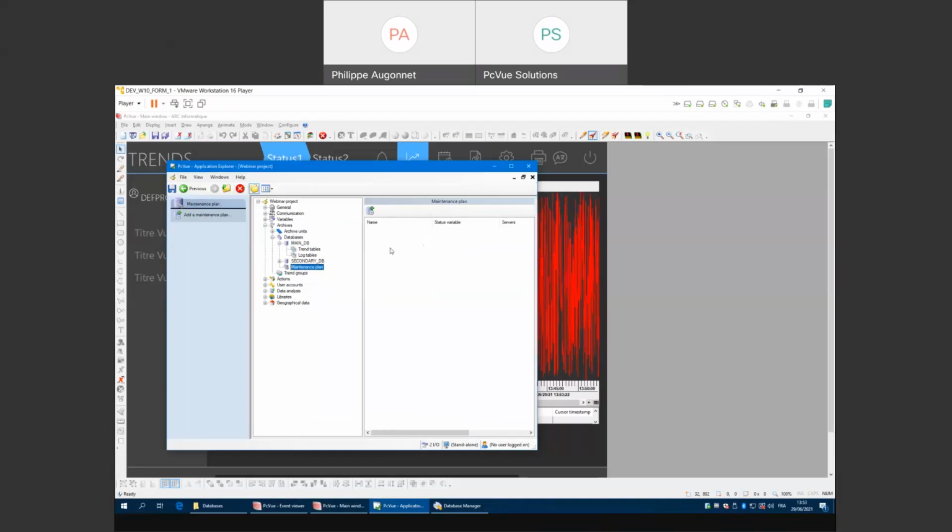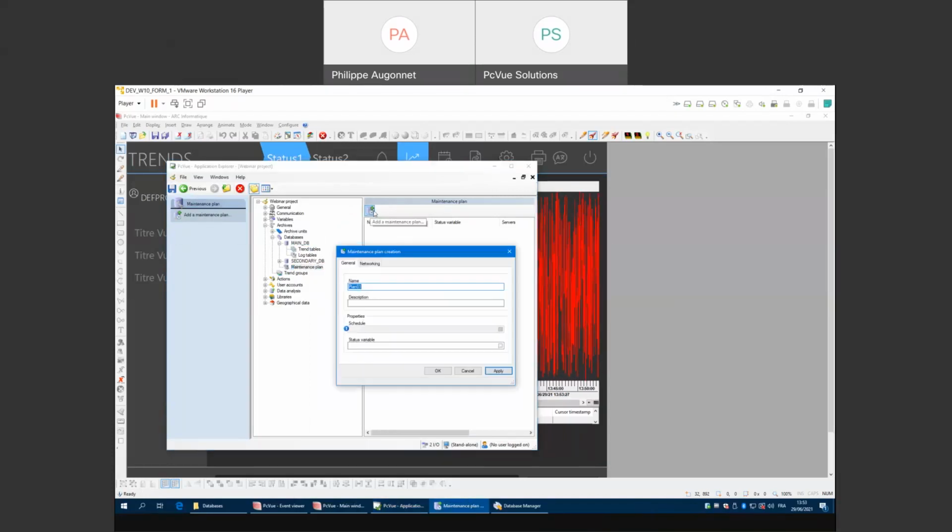So to do that, I go on this route, add a maintenance plan. And to make it effective, I will have to create a schedule saying when it's executed and also the tasks that will be performed by this maintenance plan. So first the schedule, you go in the properties here, schedule,